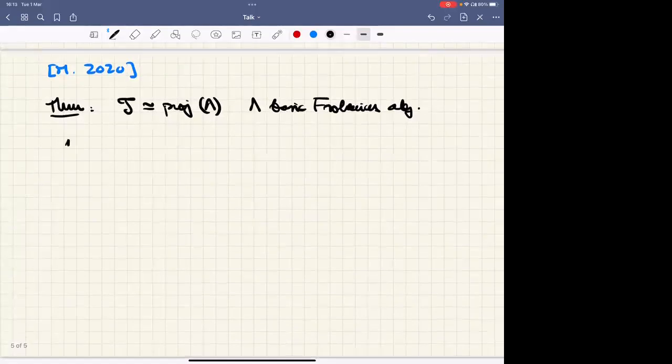Then we have the following. First, T has an enhanced triangulated structure in the previous sense, the sense of Bondal-Kapranov,